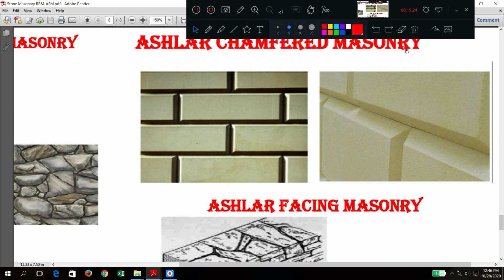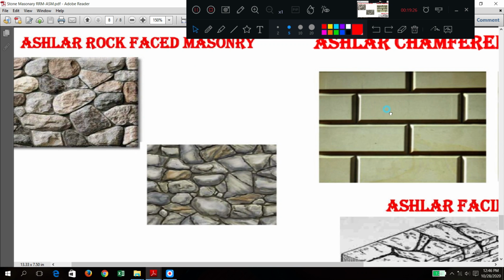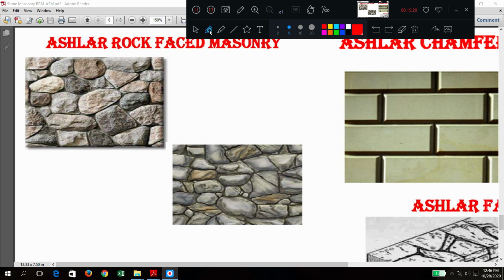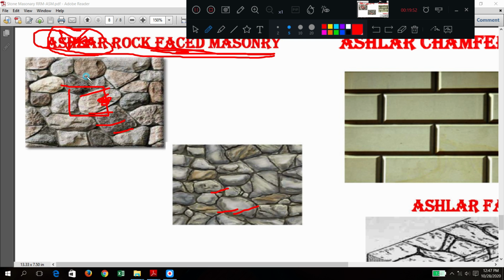Now what is this? Yes, rock faced, ashlar rock faced. Here the surface is made a little bit rocky in structure, as you get it from the quarry. Only the side and bottom are made. So here there is a small confusion: it is not an ashlar type, it is just rock faced. If the stones are square, then you can tell it as